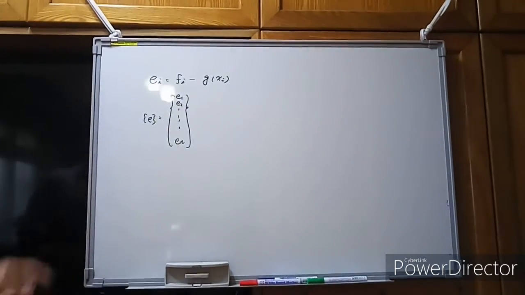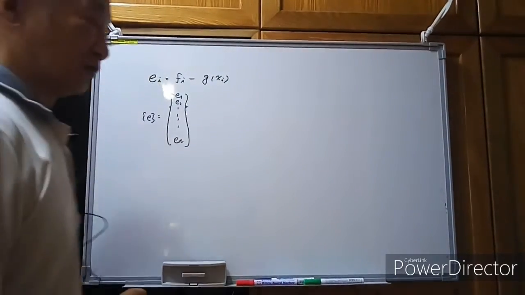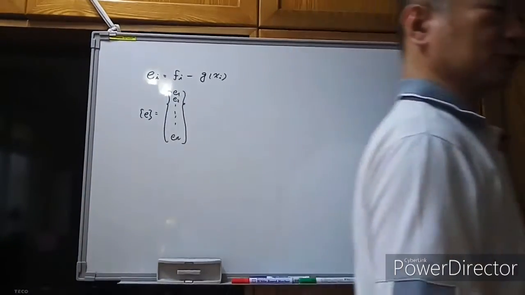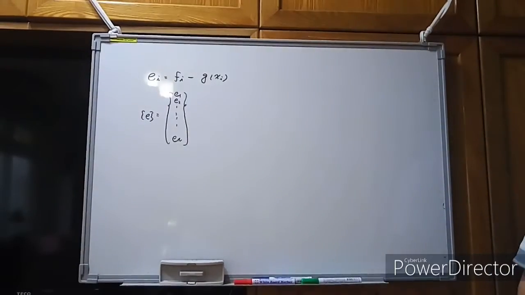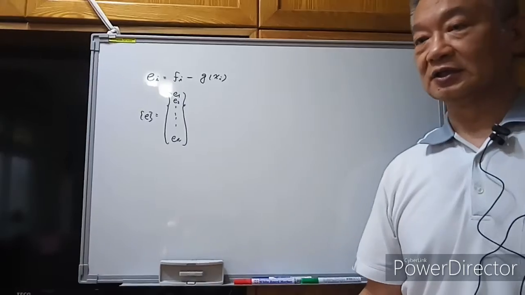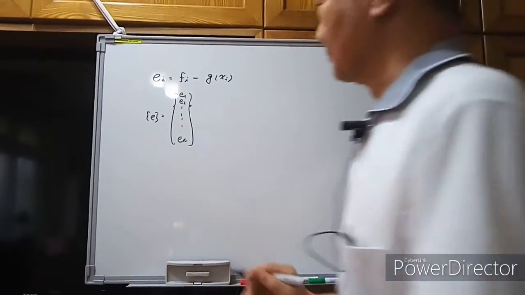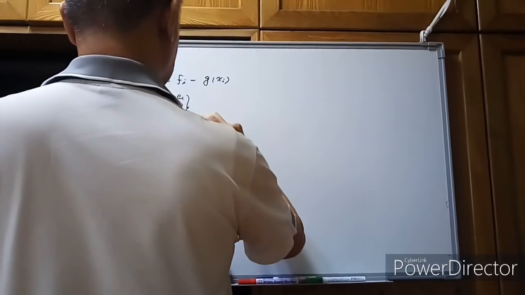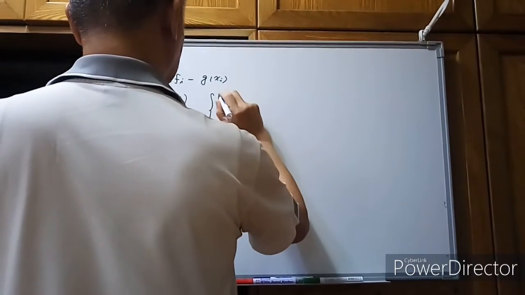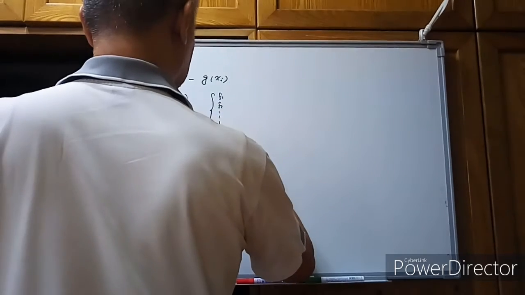It is an E vector, and this E vector includes n elements, E1, E2 until En, and they are the errors for all the n data points. So the E vector will be equal to F1, F2 until Fn